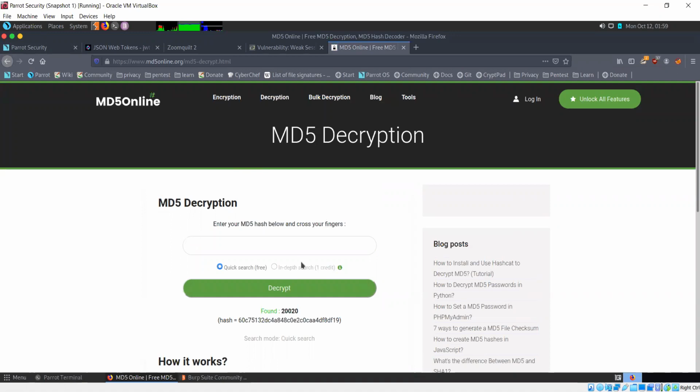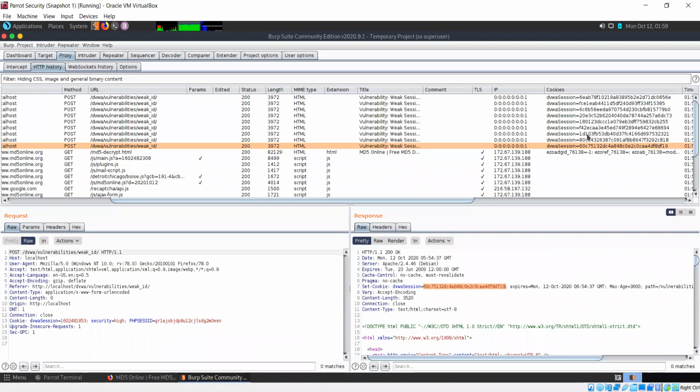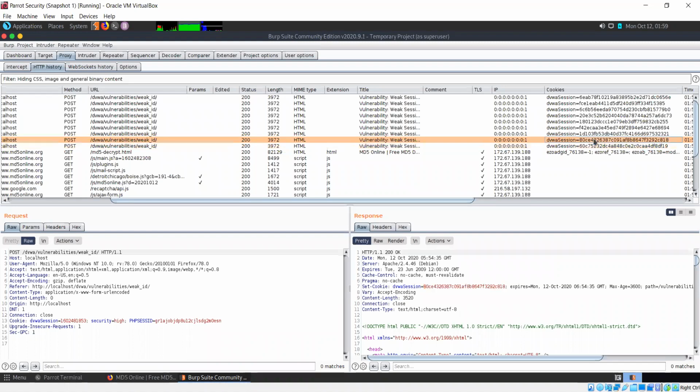So it's saying that it has found the value to which this hash corresponds, and that is 2020. That's the value to which this hash is corresponding. Let's take another one here. See this.